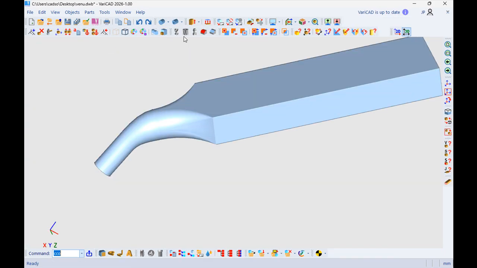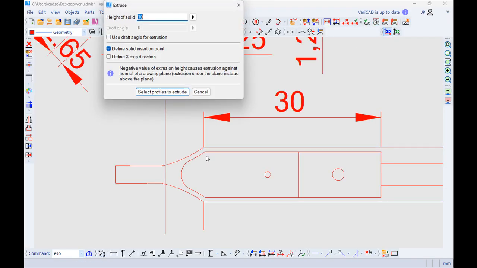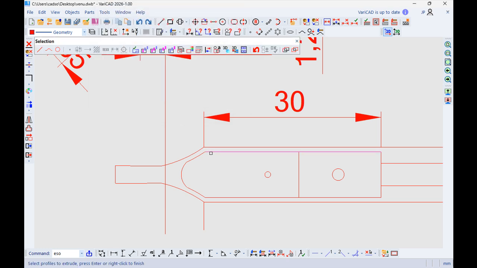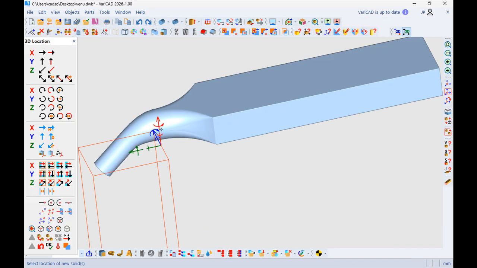So 3D again. Extrude, profile into the area. Yes. And choose again the shape. Insertion point can be this one.